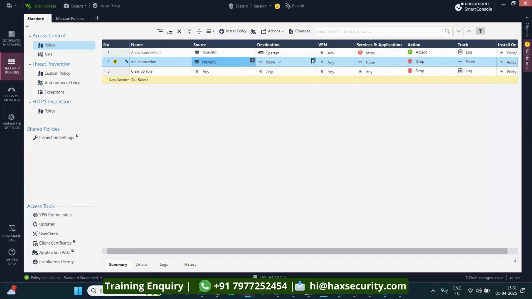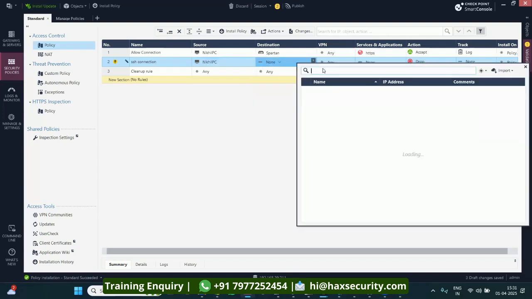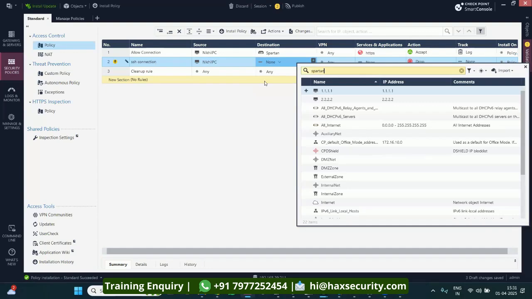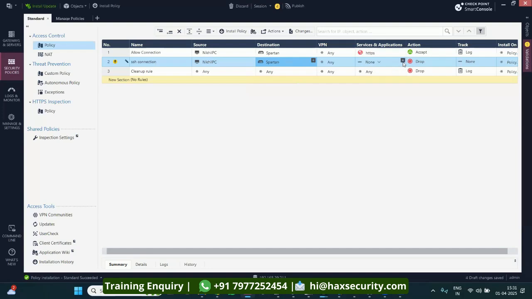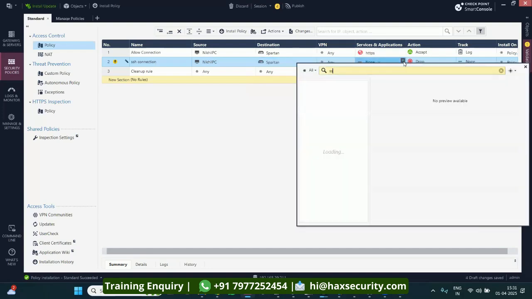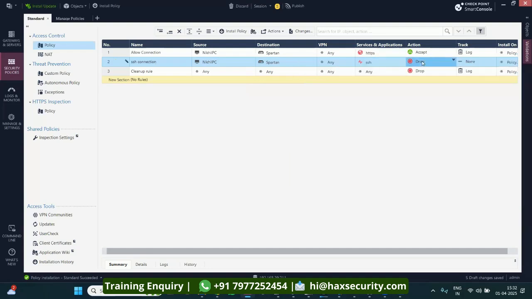And then Spartan is my firewall, so that will be my destination. And the port will be SSH, TCP 22. Just add it. And the connection should be allowed. Accept. And definitely I'm going to log this